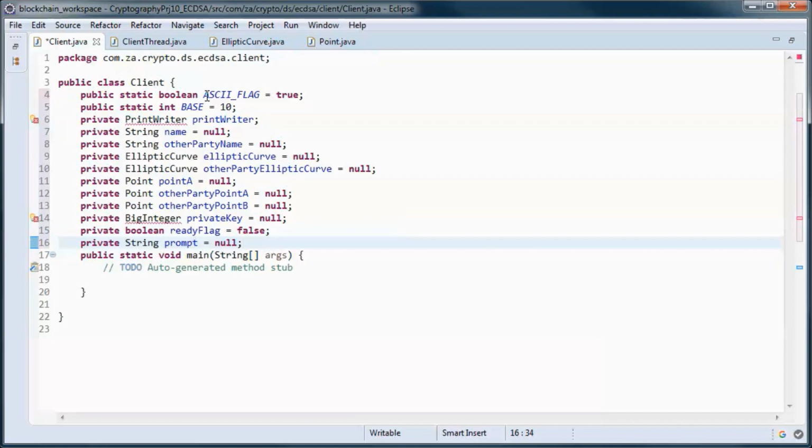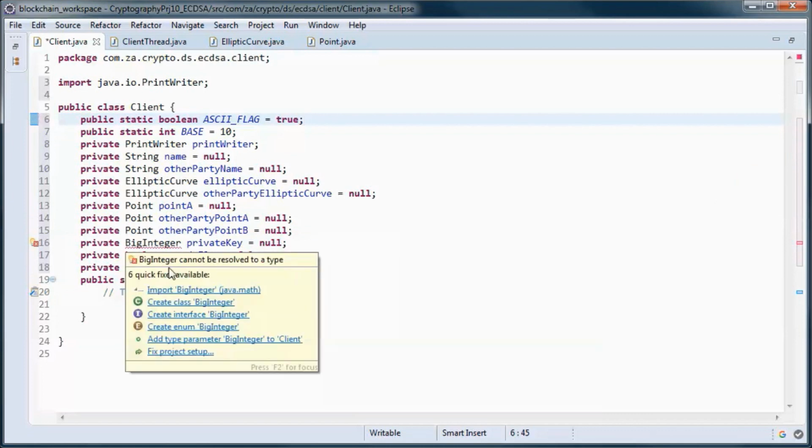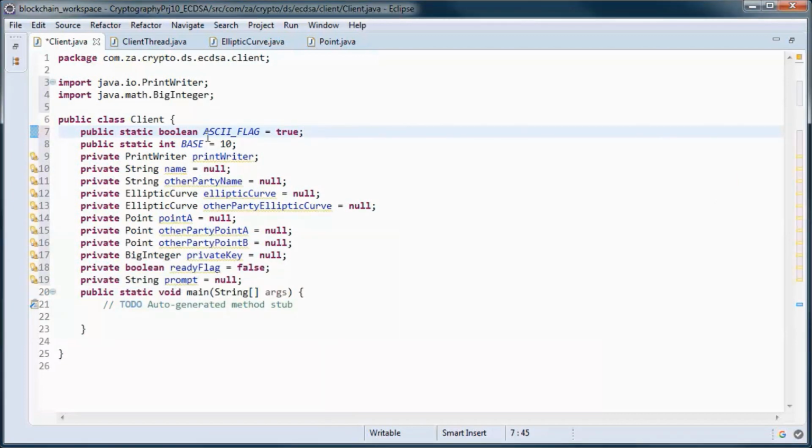And this indicates if we are running in ASCII mode, and this is used for testing purposes, so we don't do any hashing in this mode for the message, and this indicates what base the user enters their numbers, so either decimal or hexadecimal, and this is the name for this user, and this is the name for the other user.